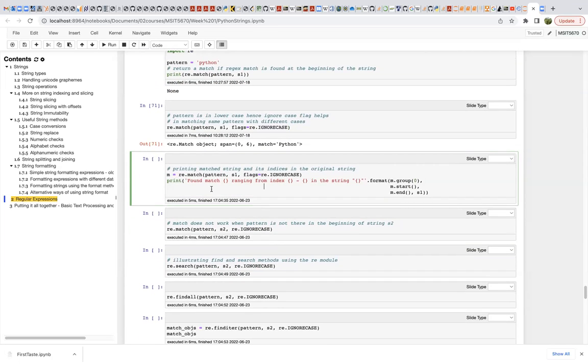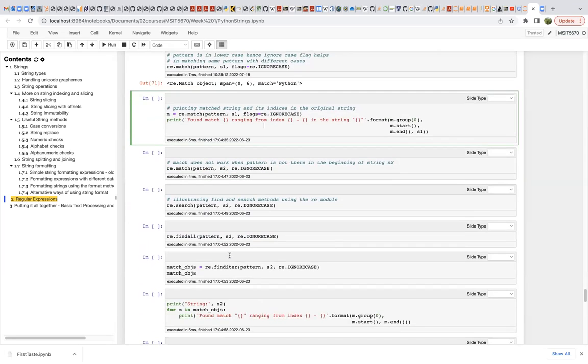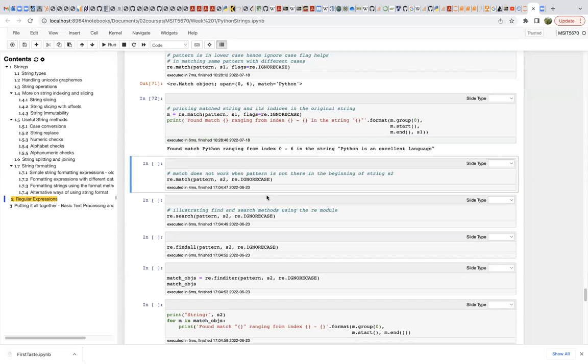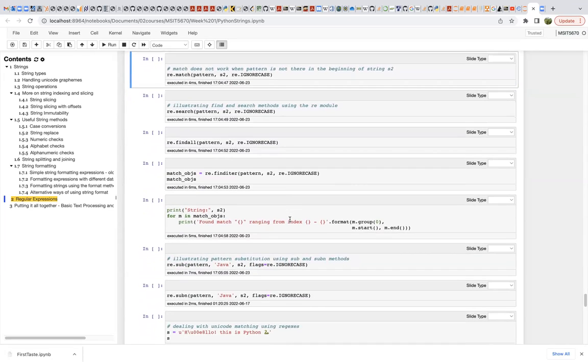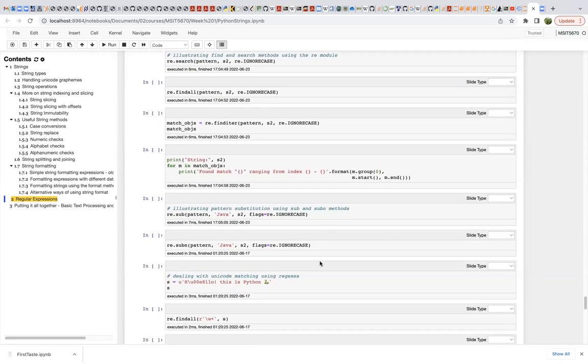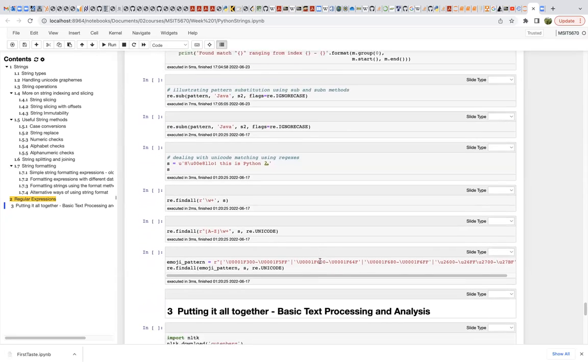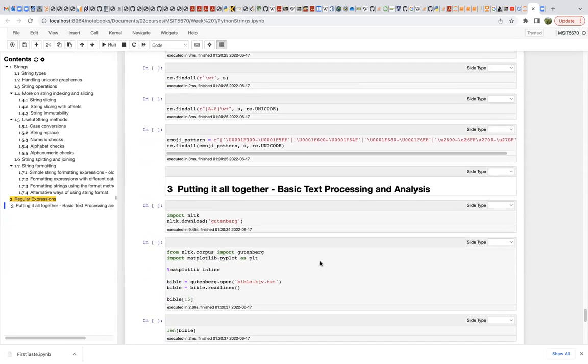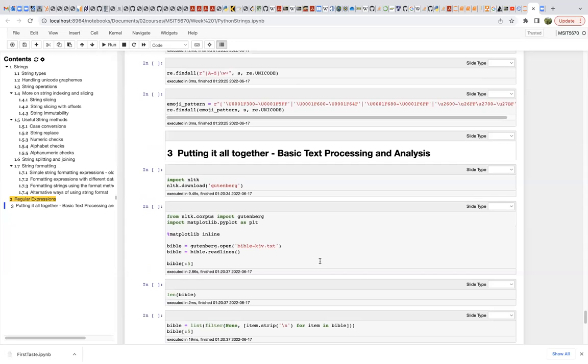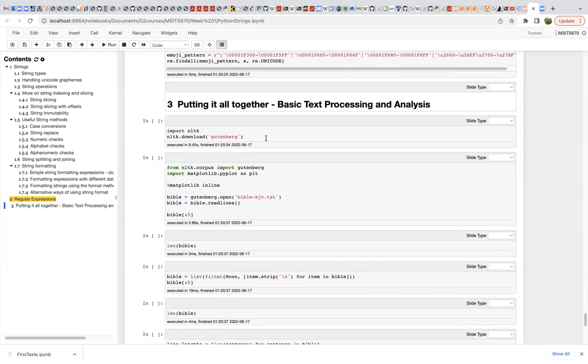Okay, so these are some other examples that you can take a look at yourself by playing with them. Then you'll get an idea. So as I said, you don't need to remember these. You can always come back, right? So then, putting it all together, this is how we're going to process text and analyze them. So this is, again, we're going to